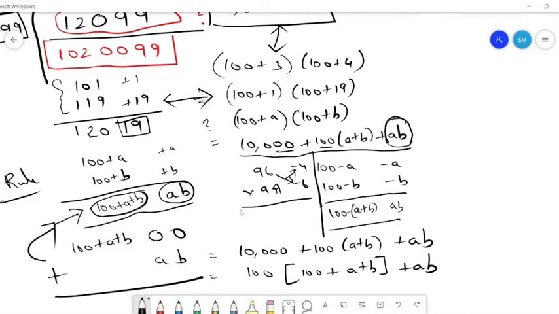Suppose it is 1,000, then it will be 1,000 into 100 plus A plus B, something like that. It keeps on going. The pattern continues, based on the powers of 10. Similarly, one can explain the rule which Shankar told. That is the Nicolam rule. You can similarly see algebraically how that rule is coming. For the minus, you'll have to be a little bit careful, but it is fun seeing why that is the case.